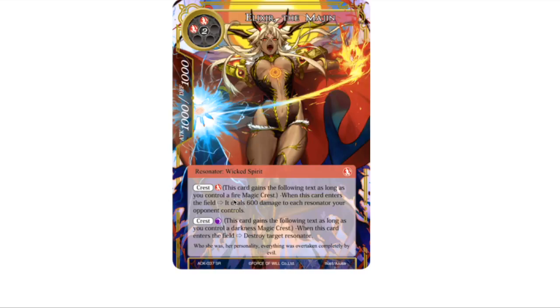It is a Wicked Spirit as well, so it combos really nicely with Welser, and here's why. If Welser is going to play some crests, he's probably going to play 3 of them or so, probably black, green, and red. Maybe black, red, and blue, but he's going to have both of these crests. And don't forget that when Welser comes in, he gets to put a Wicked Spirit from his hand into the field for free. Not only that, but he's probably going to have the crests that are going to trigger Elixir,